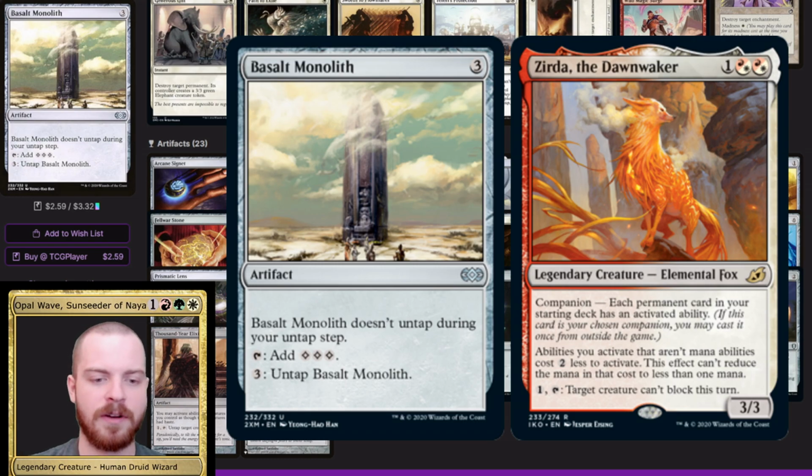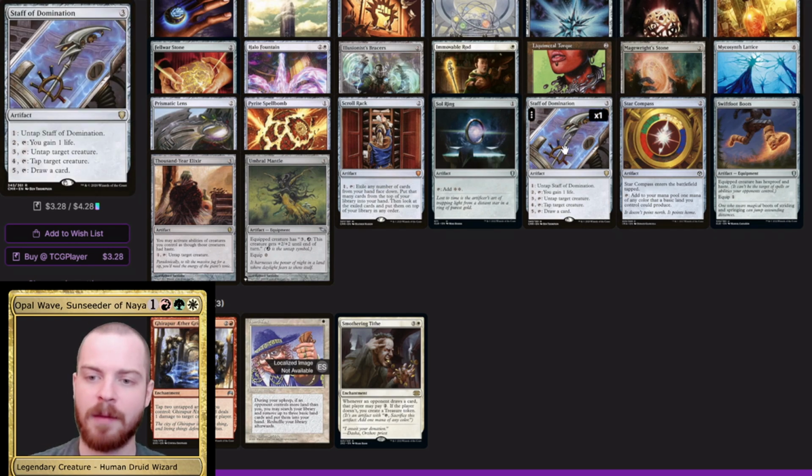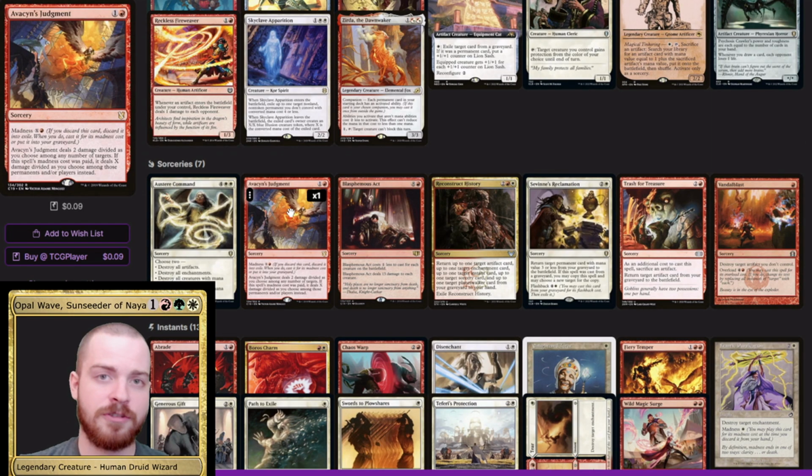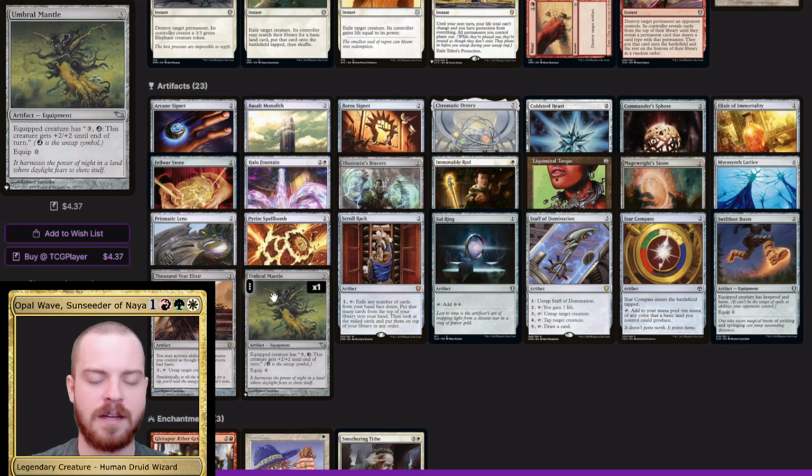And then from there, you can either equip your Queen Kayla Bin-Kroog with an Umbral Mantle to untap her and tap her infinitely, or you can use a Staff of Domination to tap and untap her infinitely. You can kill people with the Avacyn's Judgment, and if we are looping through our deck with this combo,